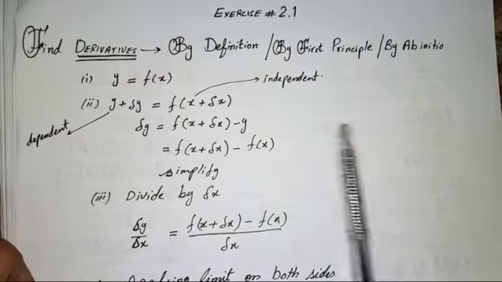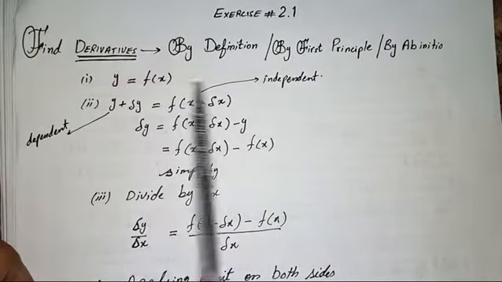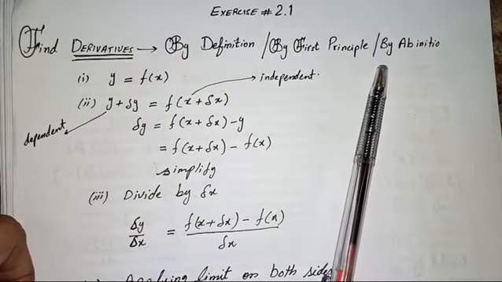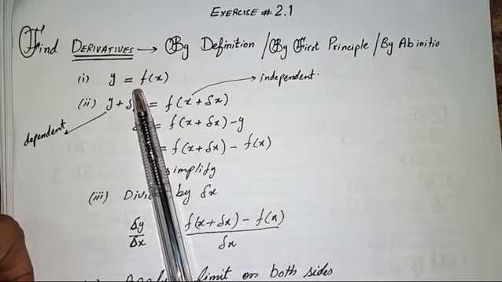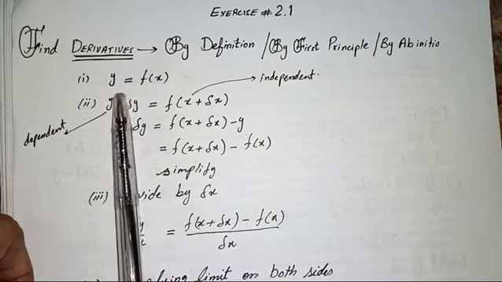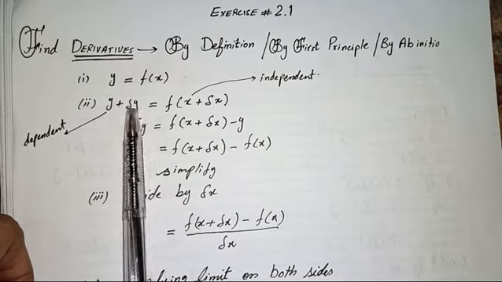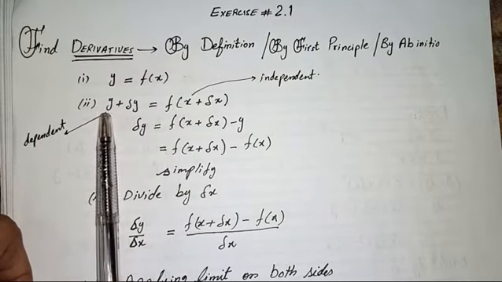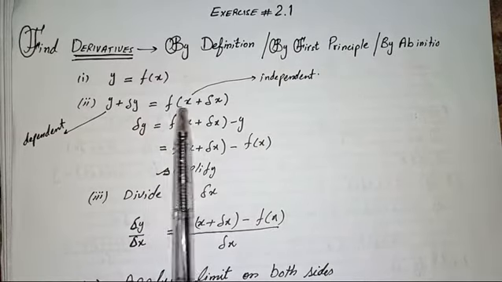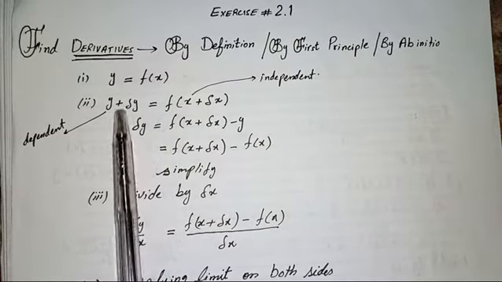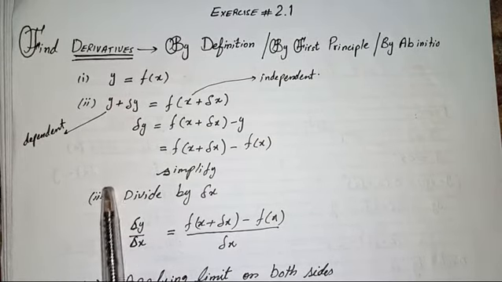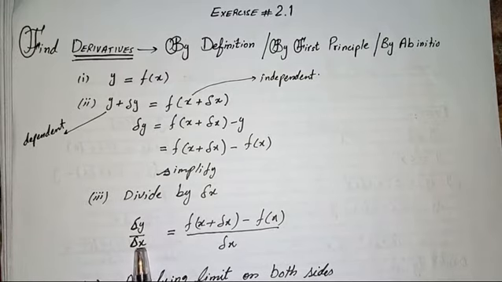In exercise 2.1, we have first of all understood how we can take derivative by definition, by first principle and by ab initio method. So there are 4 steps to cover this topic. First of all, we will write any given function is equal to y, then add delta on both sides in the variable term. On left hand side y is variable, on right hand side x is variable. So y plus delta y, x plus delta x. First one is write a function is equal to y, secondly add delta, and third one divide both sides by delta x in all questions.